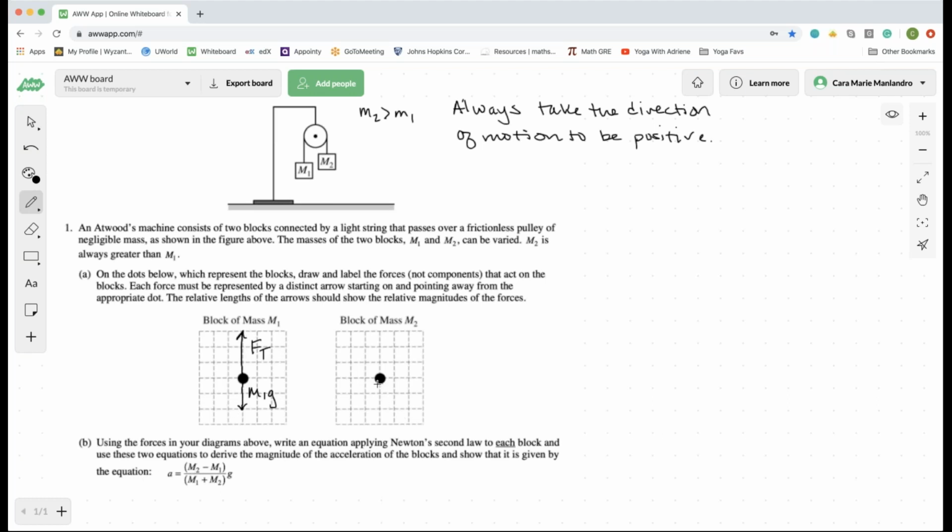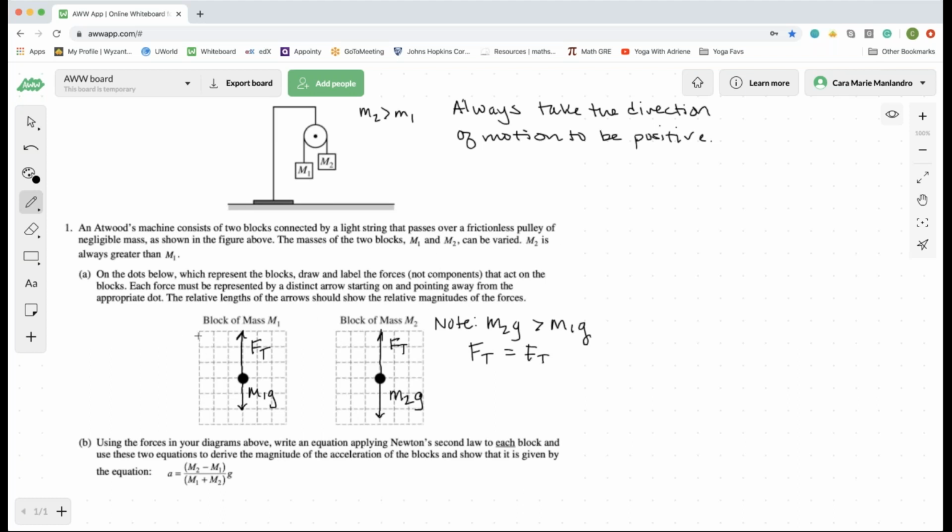All right. And then over on mass 2, we know that mass 2 is greater than mass 1, so this gravity vector is going to be longer. So I will say that maybe I'll be a little more careful. All right, that this is M2G. All right, and that this is my force of tension. All right, and then 2 things here I'm going to note: M2G is greater than M1G, so it needs to be longer, and that the tension for both are the same. And I will answer that question in a second.